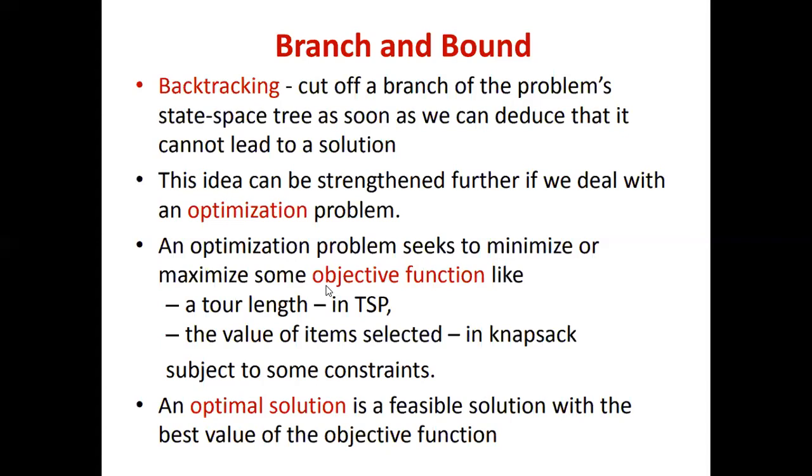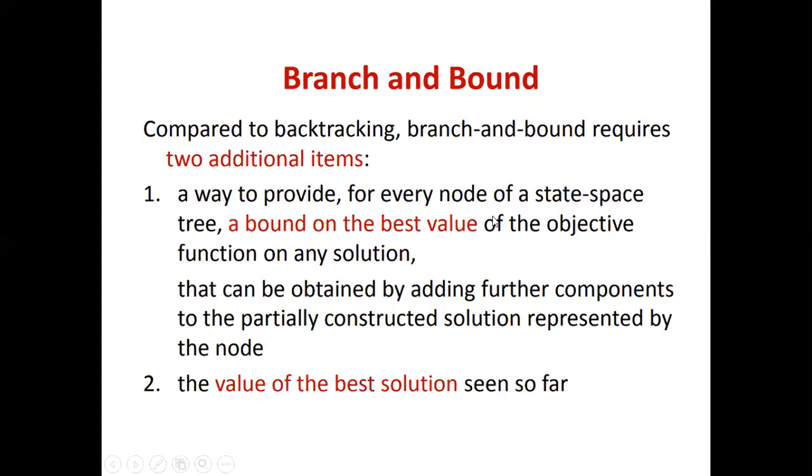This is just a revision. Why do we need to revise backtracking? Because there is a connection, a similarity, between backtracking and branch and bound. Is this clear? Now we'll see what the similarity is. Even in branch and bound, we will use a state space tree. You know what a state space tree is very well, correct? So even in branch and bound, we will use a state space tree.